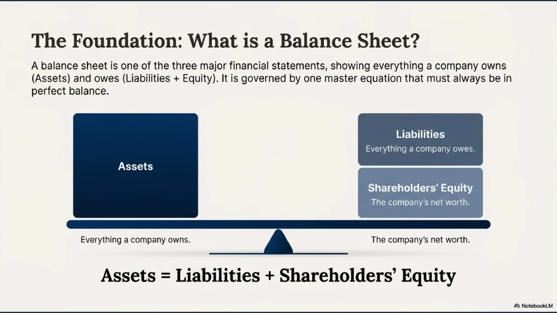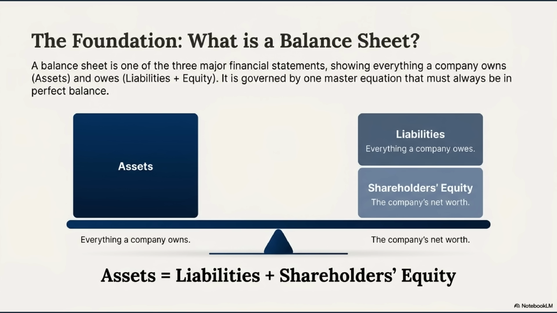Right. And by using these 5 rules, you get a shortcut to seeing which side of that equation is truly driving value. Is the company building wealth through genuine internal strength, equity? Or is it relying heavily on external risk, which is liabilities? Precisely. The goal here, for you, is to understand how to screen companies quickly for that durable underlying financial power, no matter what the stock market is doing.